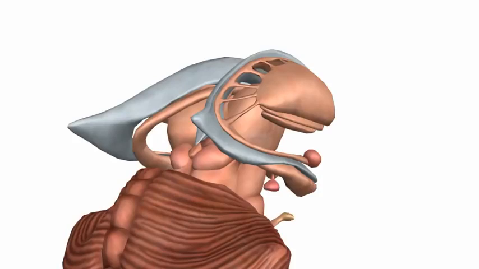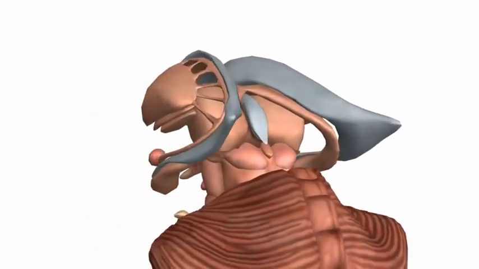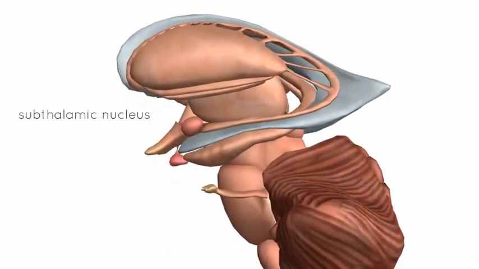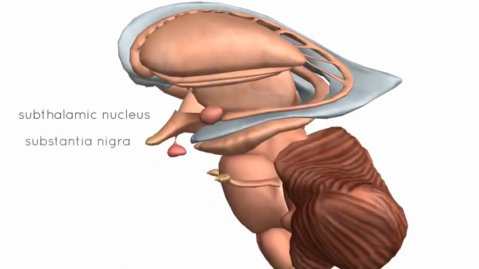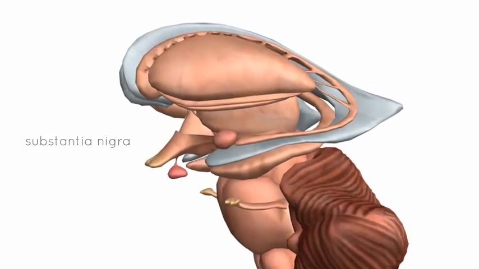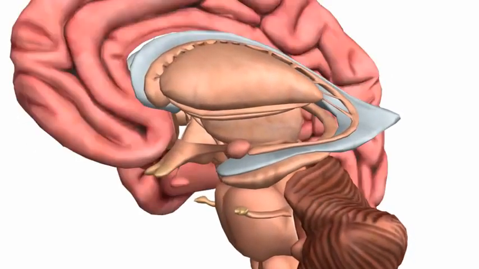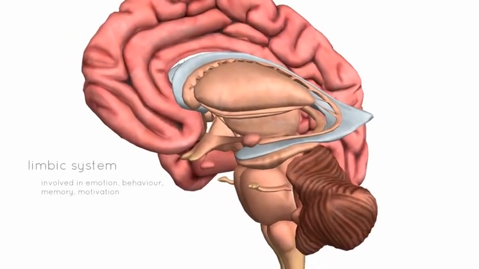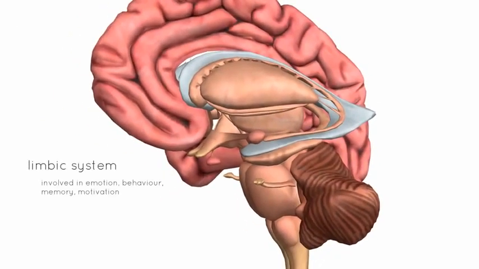There are also two other components of the basal ganglia, which are the subthalamic nucleus and the substantia nigra, which I'll show you in another tutorial. So the next part is the limbic system, which is quite complicated because it's not actually an anatomical